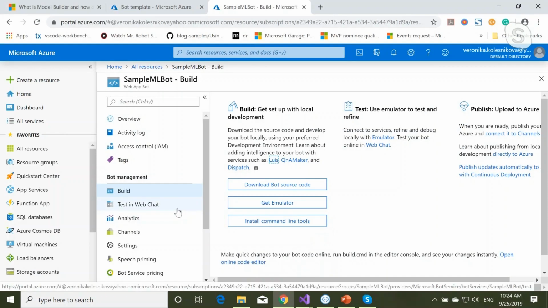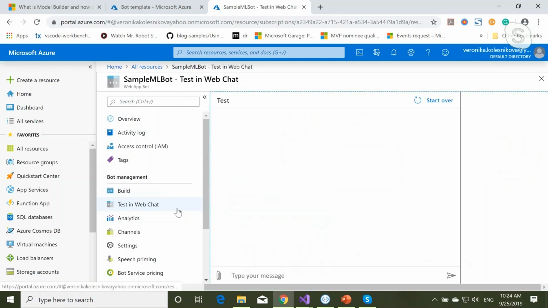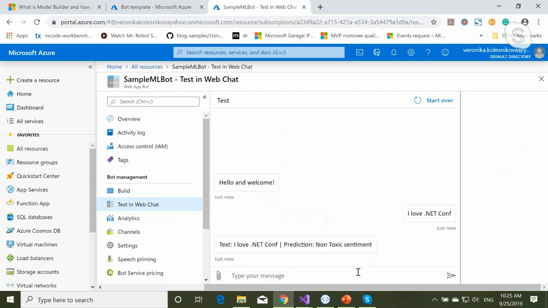Here we have the test in web chat. Let's test it here. Let's try. So that's a non-toxic sentiment. That is a valid response. I think it's really good thing that I love .NET Conf.